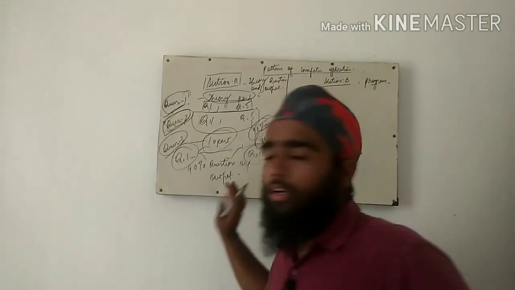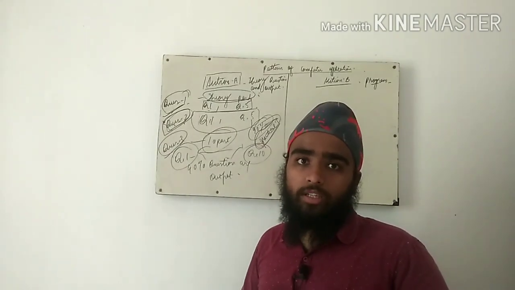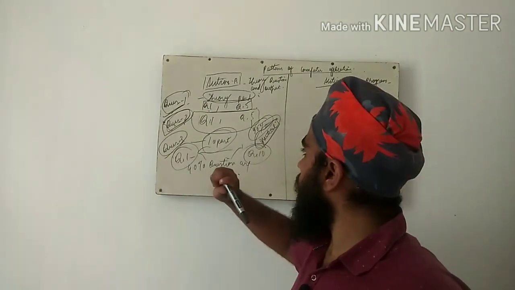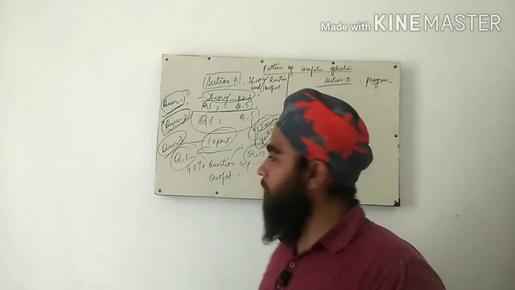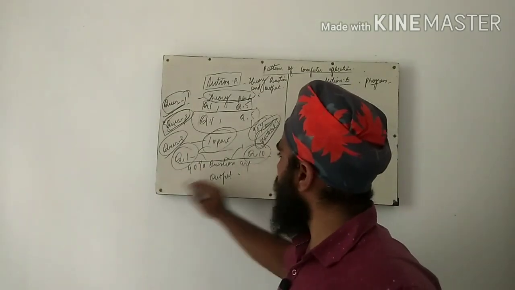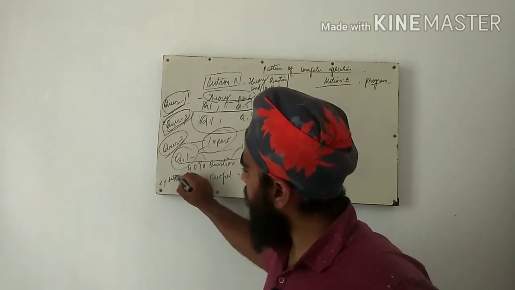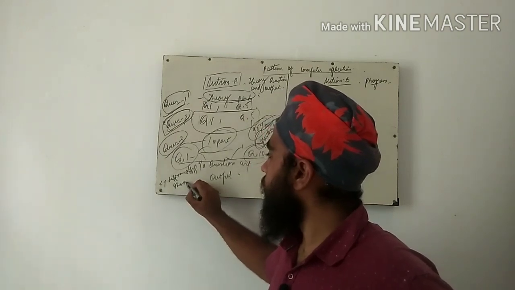Section A, question number 3, I think not all, but 90% questions are output, and out of 10, I think 1 or 2 questions are from difference type or theory. Okay guys,